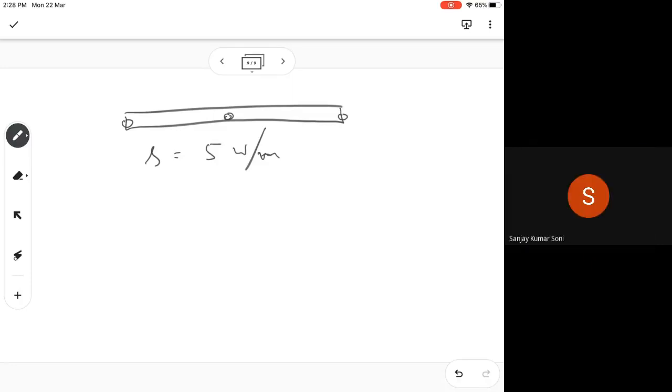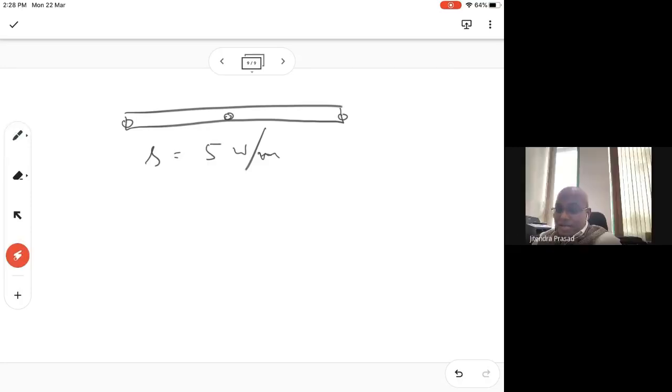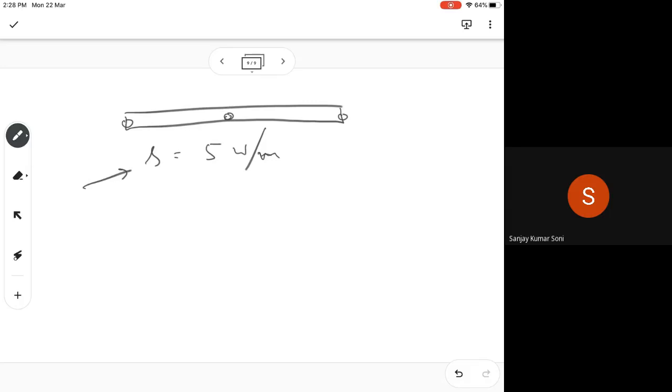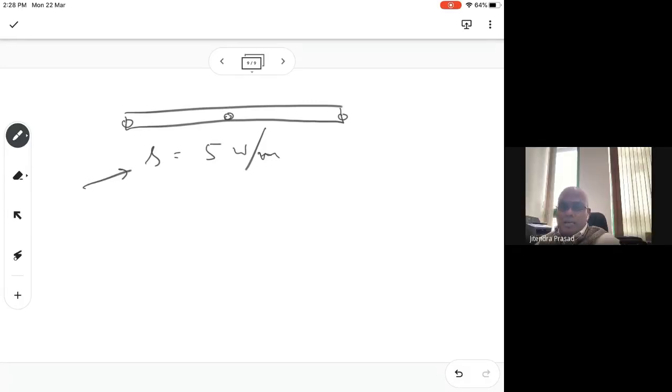So let us say I want to estimate the heat flux which is moving towards the node. When you are saying S, that means heat source, means it is coming into the system only. It is not going out of the system, right? So this will always be positive. This is heat being generated, right? So it is going to basically generate it.